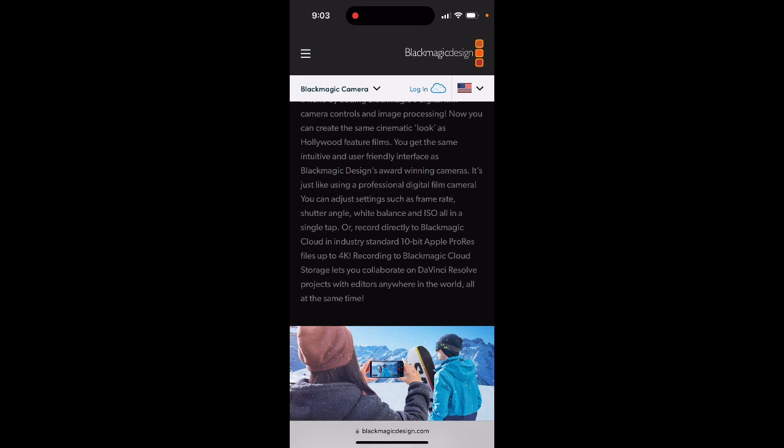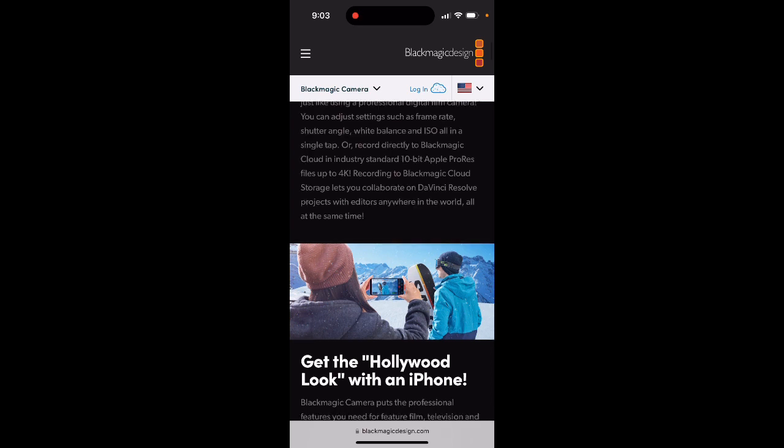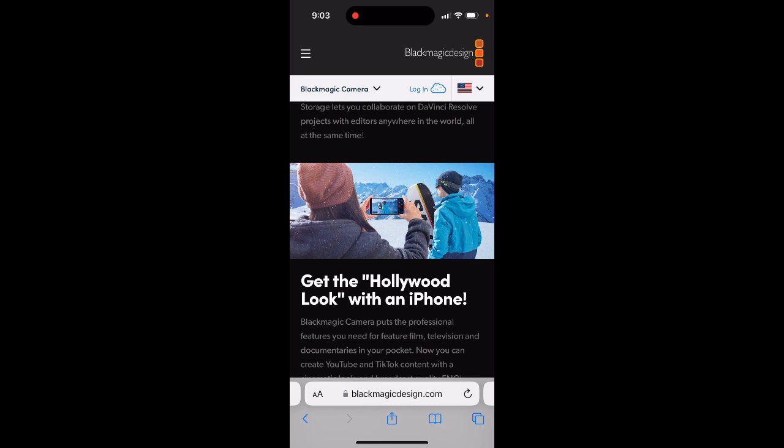You can record directly to Blackmagic Cloud in industry standard 10-bit Apple ProRes files up to 4K. And then you can collaborate on this project. So yeah, this is basically the new trend, I guess, with the newer iPhones, 14 Pro or 15 Plus. And the idea with it is that